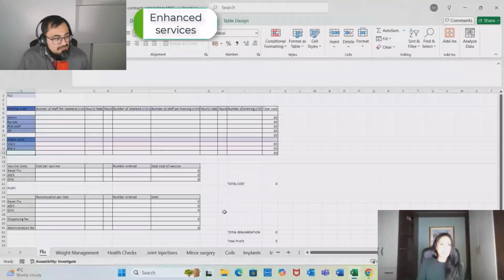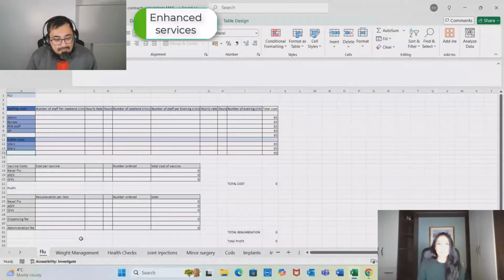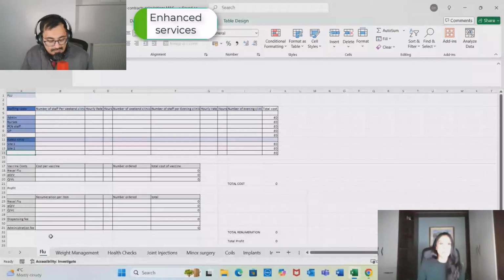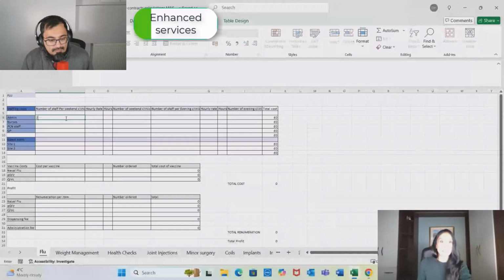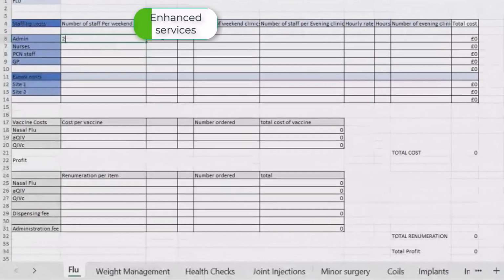Yeah, so at the beginning of the year, I sat down with all the potential enhanced services contracts and tried to work through, okay, what's the cost here of running each of these services? We all know that resources are getting tighter, and how profitable they are. So there does need to be some background work in terms of working out how much your admin staff cost per session, and the number of admin staff you would have in on a weekend. So let's say 2, their hourly rate, let's put £12.21 for the new minimum wage rise, the number of hours as being 6, the number of weekend clinics is 2,